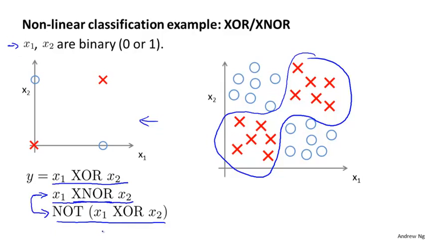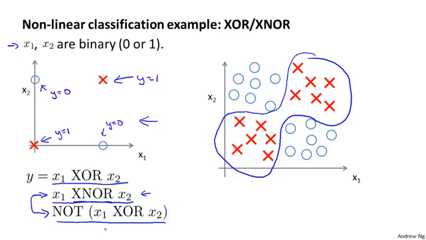It means NOT (x1 XOR x2), and so we're going to have positive examples if both are true or both are false, that's y equals 1, and we're going to have y equals 0 if only one of them is true. And we want to figure out if we can get a neural network to fit to this sort of training set. In order to build up to a network that fits the XNOR example, we're going to start with a slightly simpler one